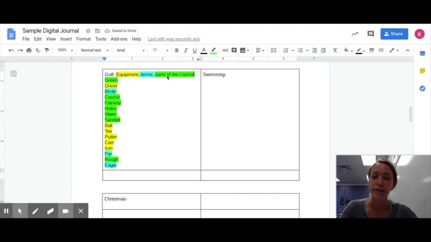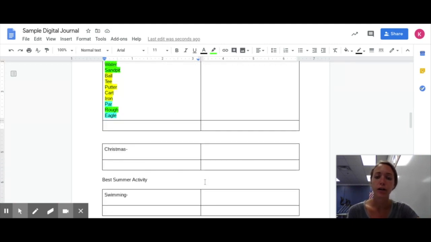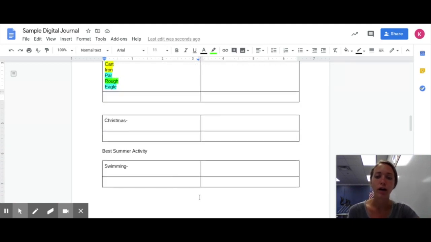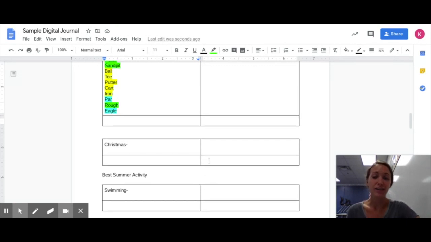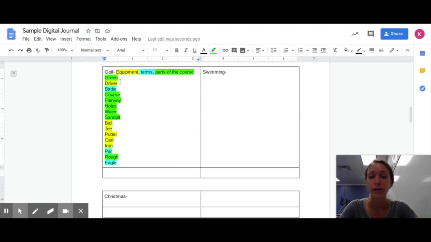Now I have categorized every single word that I came up with dealing with golf. So this is what you are going to do for all 4 of your sport ones, all 4 of your holiday ones, and all 4 of your summer activities that you came up with. So I'll give you a hint down here in the holidays, you're probably going to have a category just for food, but maybe you didn't write about any food. I don't know. But anyway, you're going to come up with different categories for each of the words that you created, and make sure that you put at the top what those categories stand for